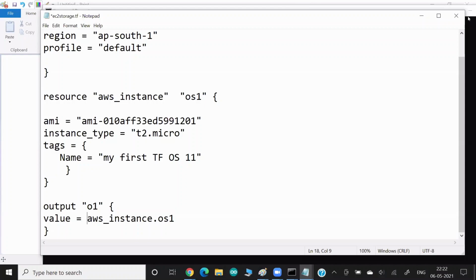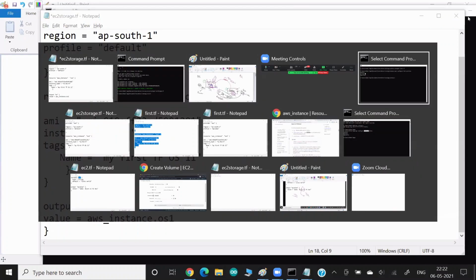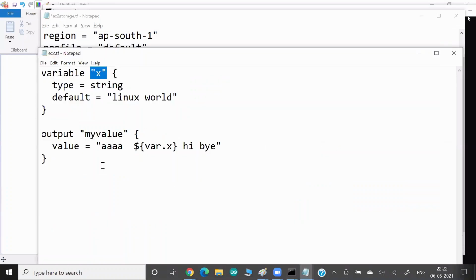Okay, so now guys, if you see one small difference here, whenever you create your own variable, we use the variable keyword to tell this is my user defined variable. And when you want to use this user defined variable, you can use var as a keyword to tell this is one we created and the variable name is X. But here,